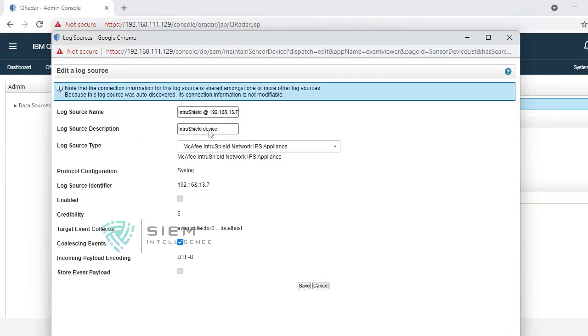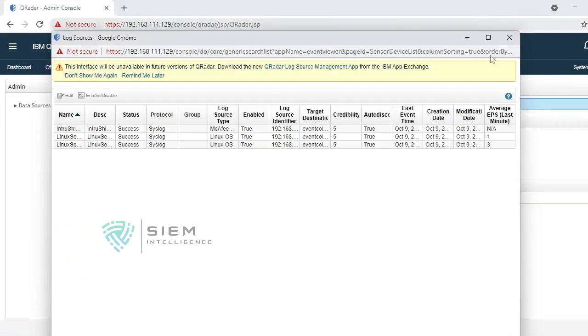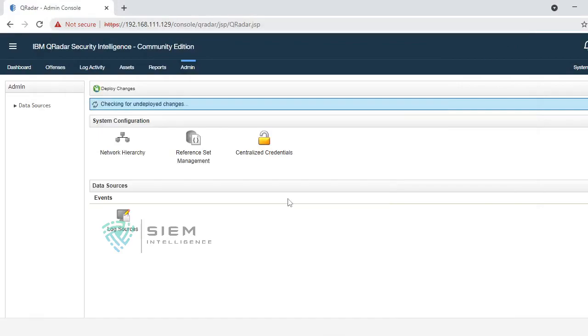You can disable and all, and you can also edit. You can edit all these things, but you can't change the identifier source. But you can change the type and all. That's up to you. You can change the host name and all, but you can't change the identifier. But being an administrator, I can do it. I am the sole administrator.